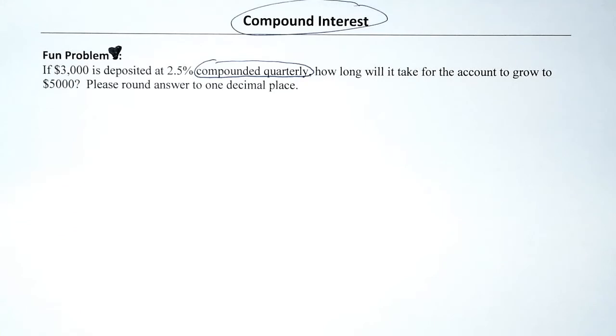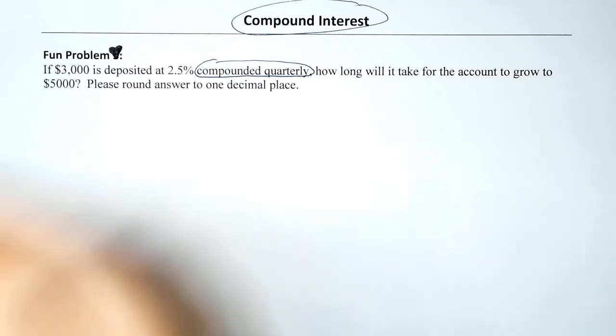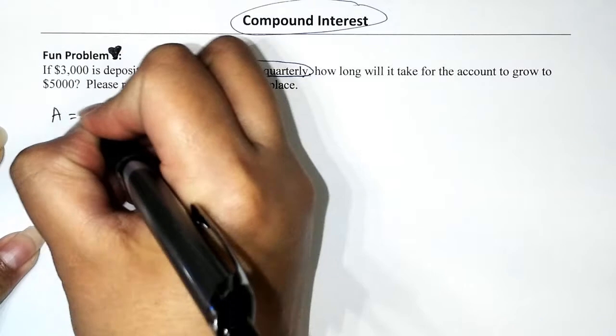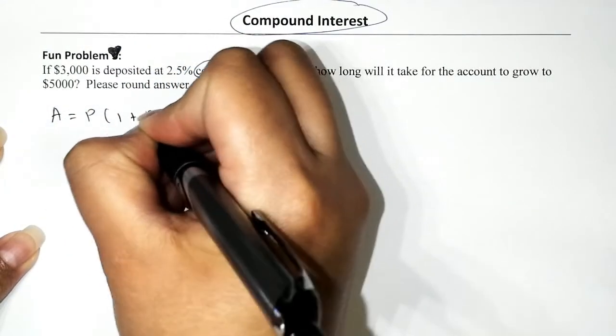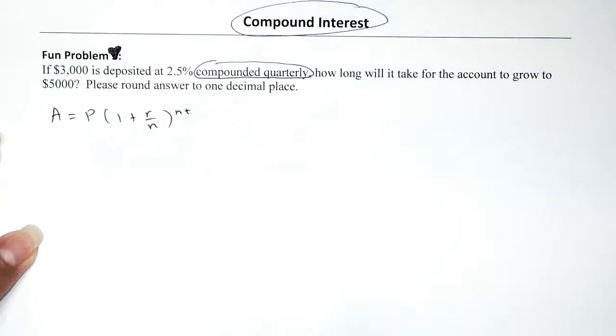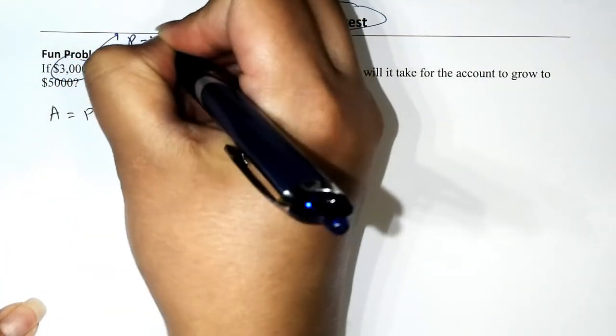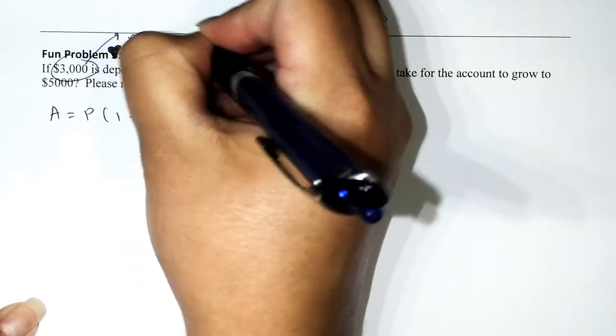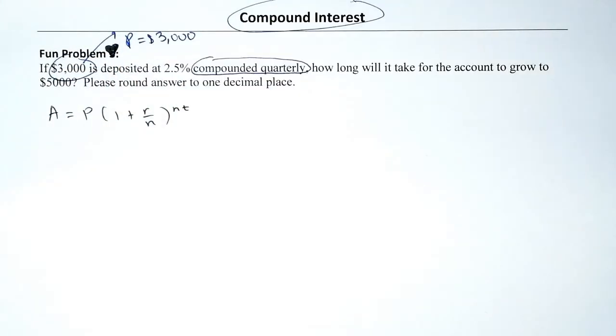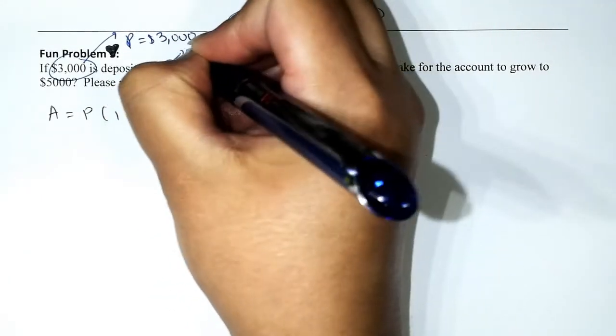Let me go ahead and write out the formula. So we have A equals P times (1 plus r over n) raised to the nt power. Then I'm going to write out the facts. If $3,000 is deposited, so our principal is $3,000. Principal, what is that? It's the money that you invest, deposit, or borrow. If $3,000 is deposited at 2.5%, so the rate is 2.5%,